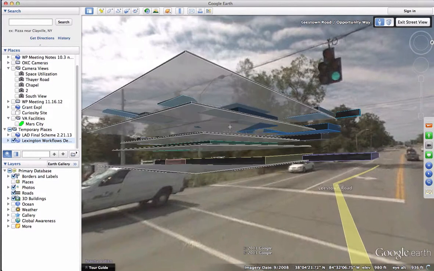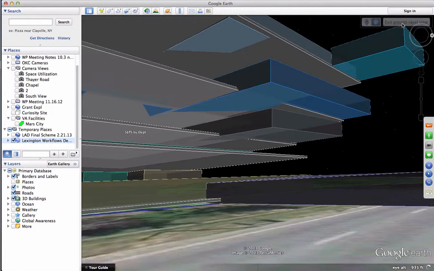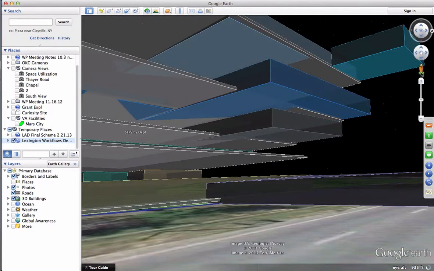So this literally happens within minutes. When you get the SEPS data in, bring it in, the BIM, the first view of it, how many floors do we have? What is this floor? And then we exit street view and we look at it back from the